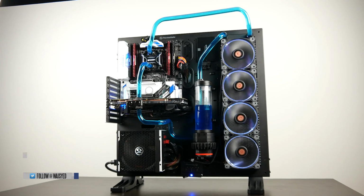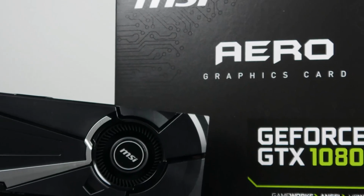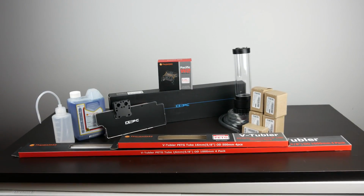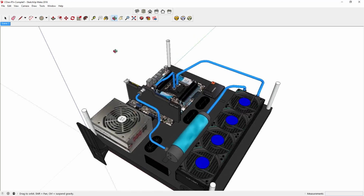And in this video, we're going to be building probably one of the most powerful PCs we've created thus far using the Intel Core i7 6800K processor and the NVIDIA GTX 1080 GPU. What's really interesting is we're going to be doing a full CPU and GPU hardline water cooling loop using PETG hard tubing. So we're going to go through the step-by-step process of how we created